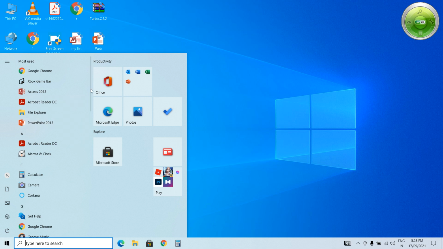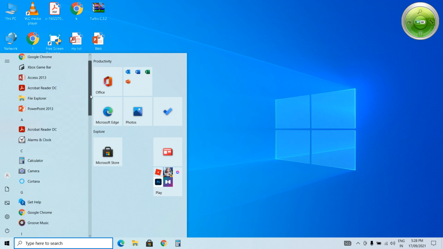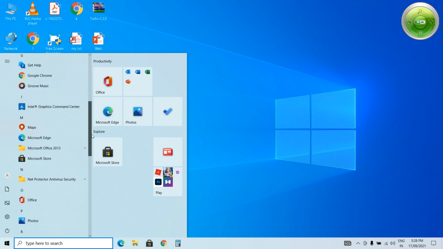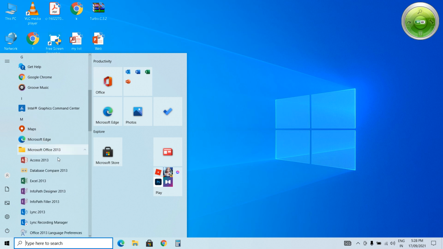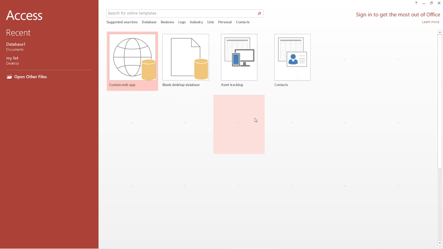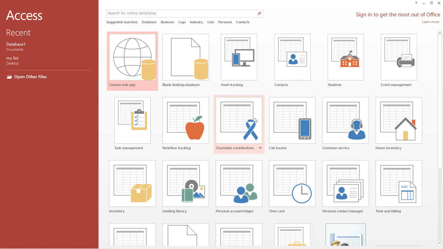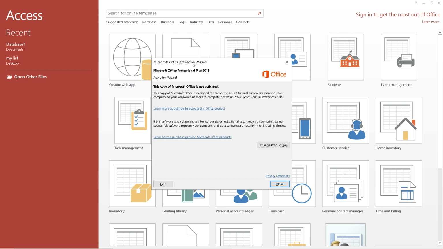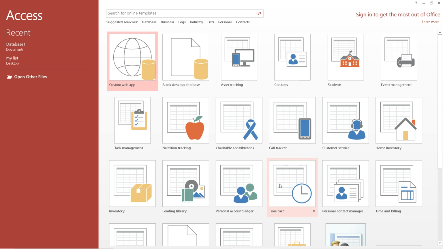That is a database management system. We can get it from Microsoft Office. You have to click on Access. In this we can create a database, we can maintain a database, and we can also search and modify the database. So how can we create a database? Let us see.